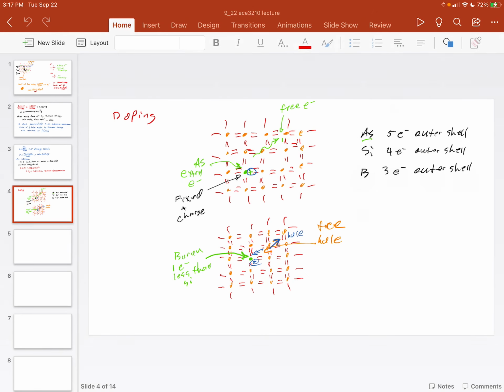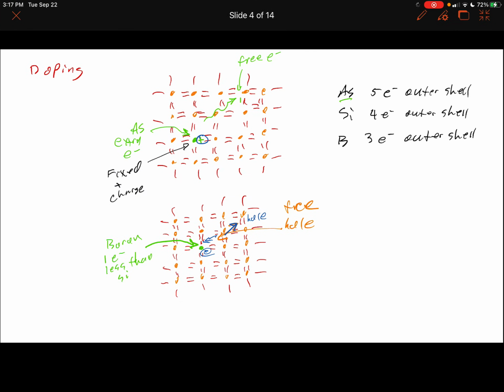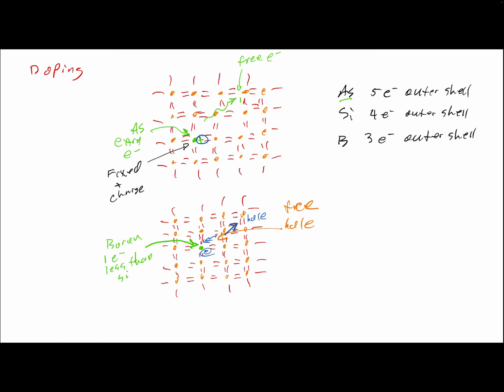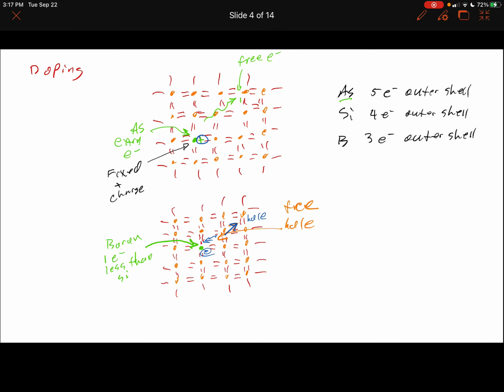So this will be, I think, the second day in Chapter 3 of Electronics 1, talking more about semiconductors. And I'll just review for a little bit where we got. So if we have a regular crystal lattice, something like this, if we have silicon atoms, or these orange dots,